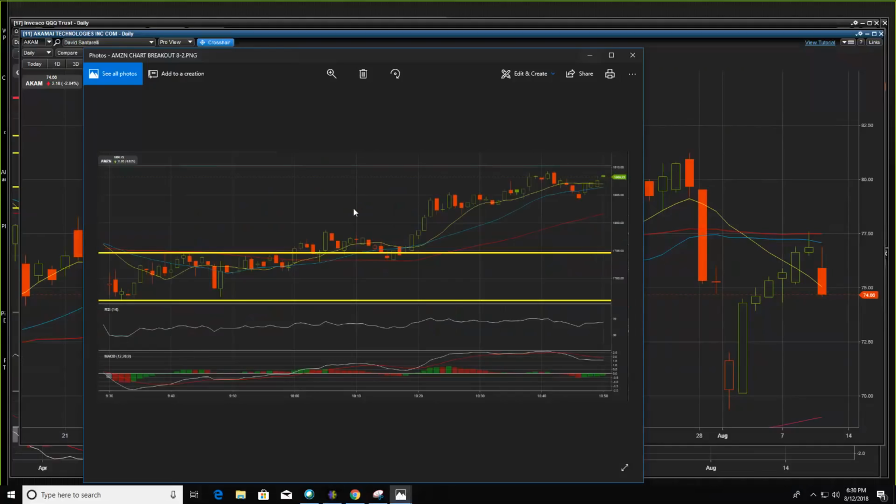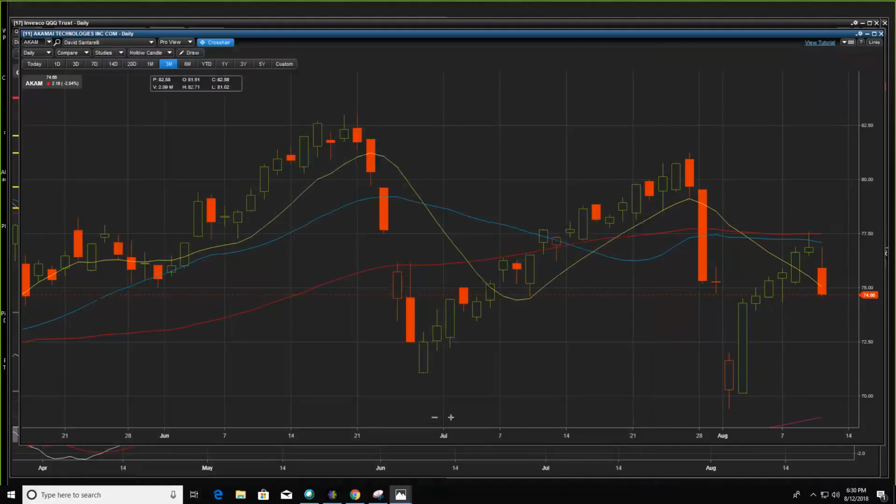Okay, so let's go over. That's the second type. So we have the range-bound, channel-bound type of patterns that I like to trade. Then we have the hook patterns. If you're numbering them, first is hook, second is momentum breakout, and then the third is the range-bound. So we just went over the hook patterns. Now let's talk about